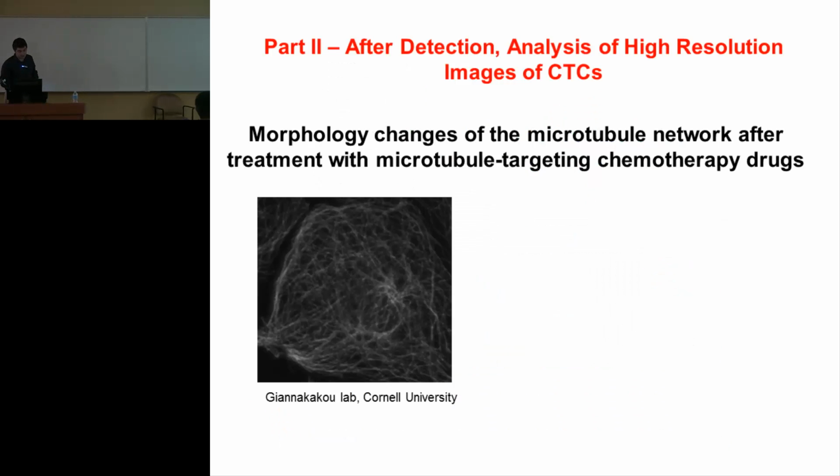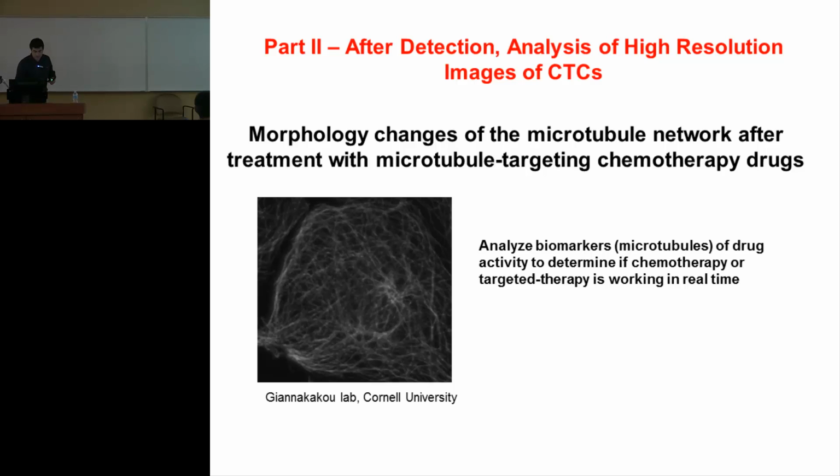The second part of this project is to image this. So the first part is detection and enumeration. So we have a very clear readout there. When we have a patient that is treated with certain chemotherapy drugs, he has fewer cells after treatment, so that's a positive response. But another thing is, after we find the coordinates of each individual cell, we can actually re-image them at high resolution. So the first imaging part was at 10x, and this is 63x,